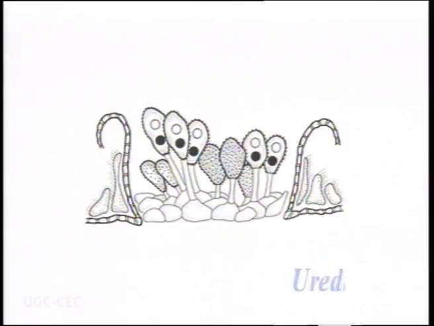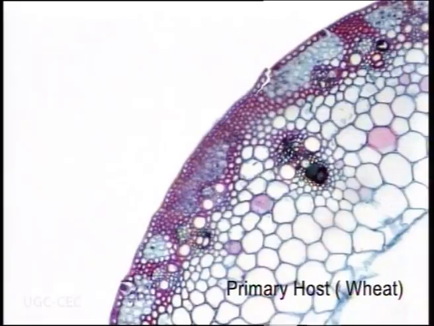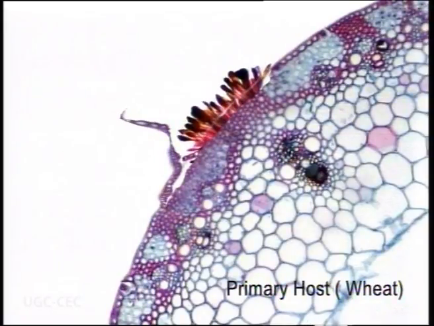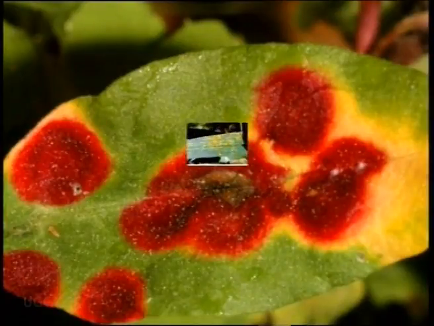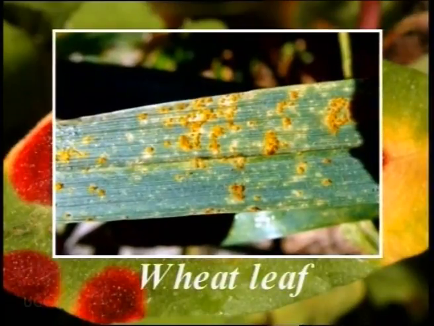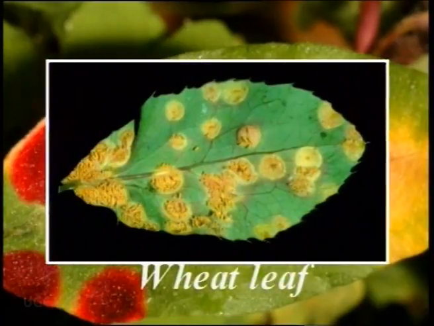Number 1, Uredinia and urediniospores. The wheat plant becomes infected by means of aeciospores that are produced by the fungus on the alternate host leaf, barberry. The hyphae produced by the aeciospores ramify through the host tissues, forming haustoria that draw nourishment from the surrounding cells of the wheat plant but do not